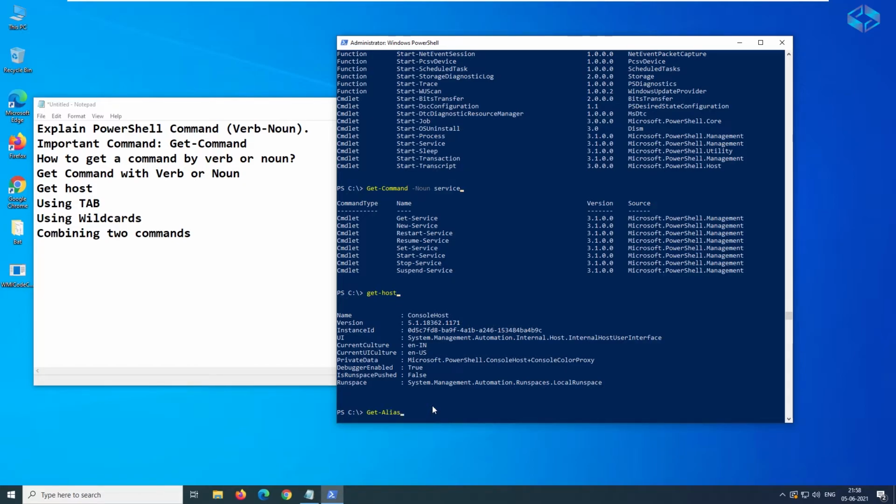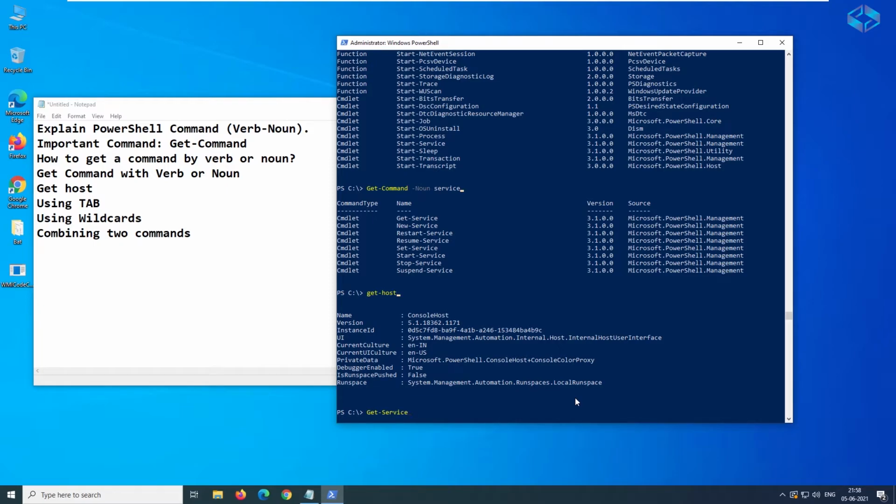Keep pressing the Tab button, and it will display all the commands one by one, and you can pick whichever one you need based on your requirement. Once this is selected, for example Get-Certificate, or maybe let us go for Get-Service, so it will be easy and you will be able to understand easily.